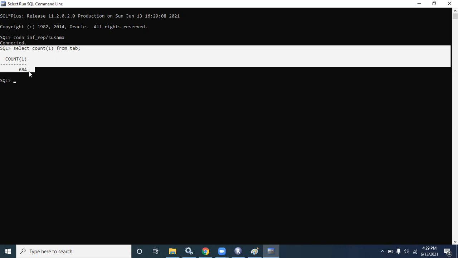This 684 is not a fixed number. It is based on your license cost, your project, or your facility, so the number of tables will vary. It is a minimum of 522 up to a maximum of 900 or 1000. But if you are using free software, the minimum is 650 or 680.